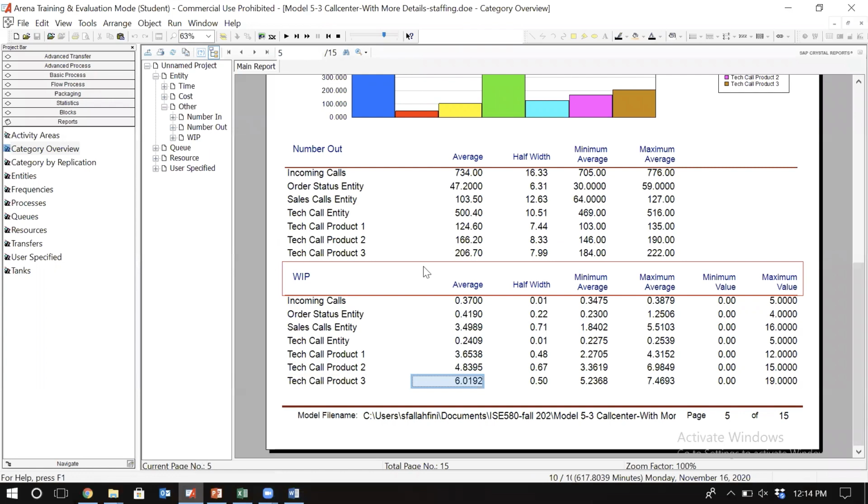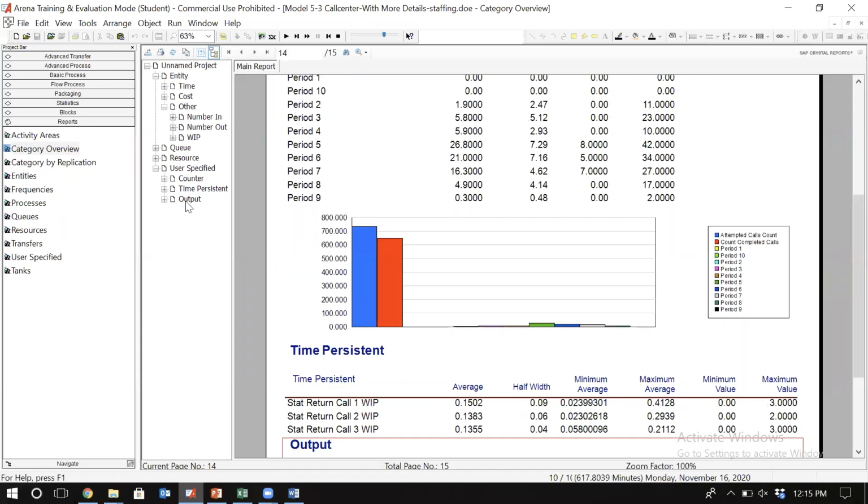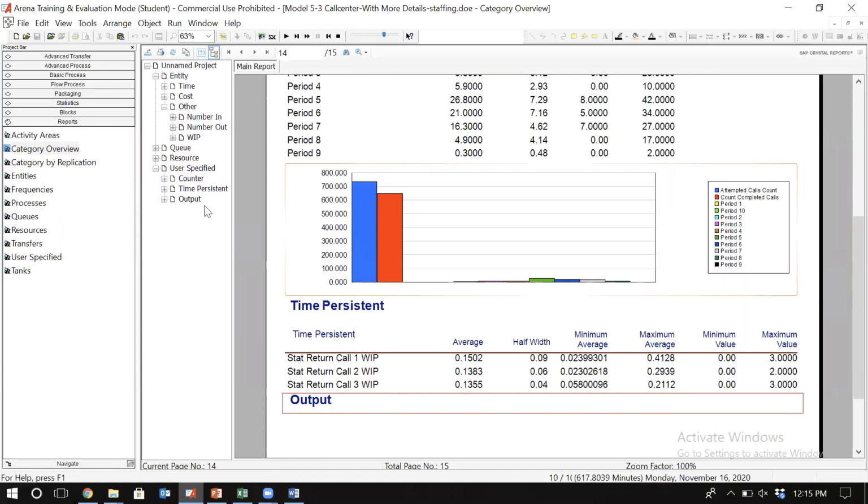And it is important for us to not only look at the average of everything that is of interest to us, but also a sense of the spread around the average. And the sense of the spread around the average in these 10 replications is given to us by the size of the confidence interval. So for example, if I go to the very last one here in the output, if you remember, in the user specified, if you click on the user specified,